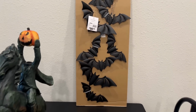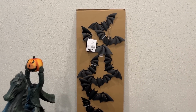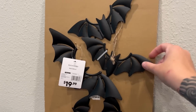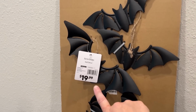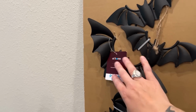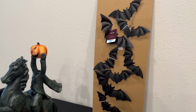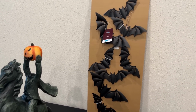If you want just a solid piece to put next to each other, you can totally do that with these. They are tin and they are beautiful, and they were only $19.99. They are also a part of the Erie Estate line from At Home. I bought 2 of these. So we're definitely going to be utilizing these in the living room in the coming weeks when we do our